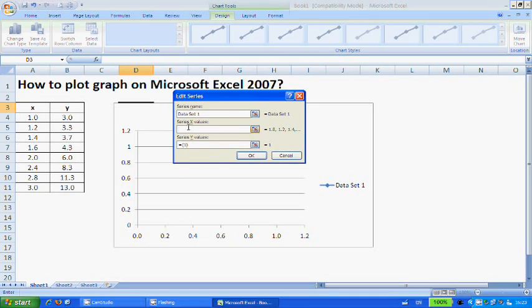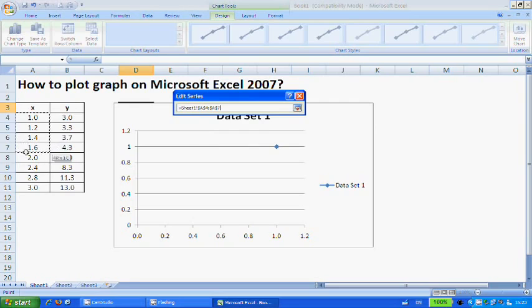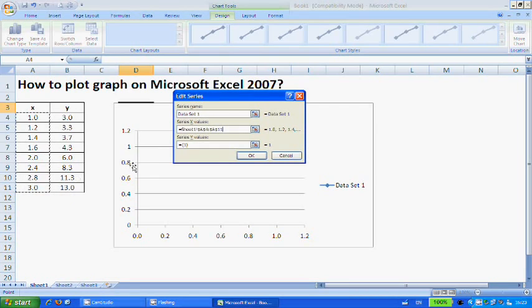Firstly, you make sure that your cursor is within the box for the series X values. Once the cursor is inside, move your mouse pointer to the first X value. Hold down your left mouse button, click and drag all the way down until you reach the last X value. Once you have done that, let go of the mouse button, and all the values will be automatically